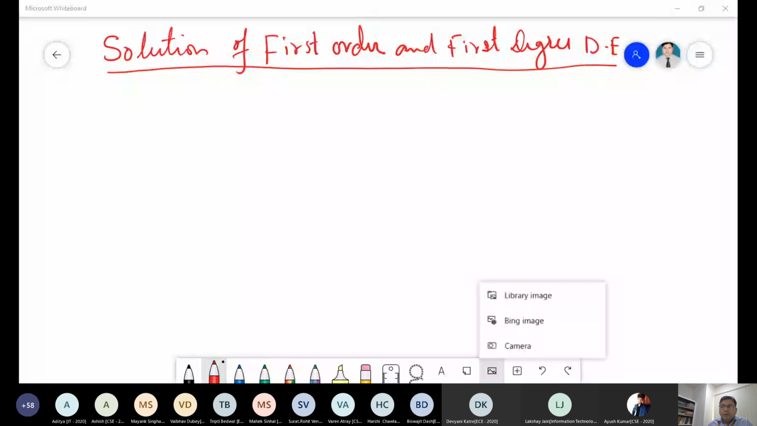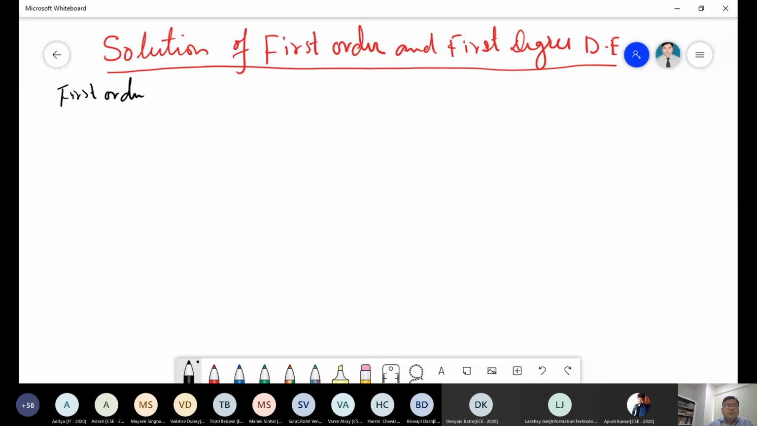Then come to that part. Now the question is just defining the first order. The first order and first degree differential equation contains, and what is the standard form? So first order and first degree differential equation contains only